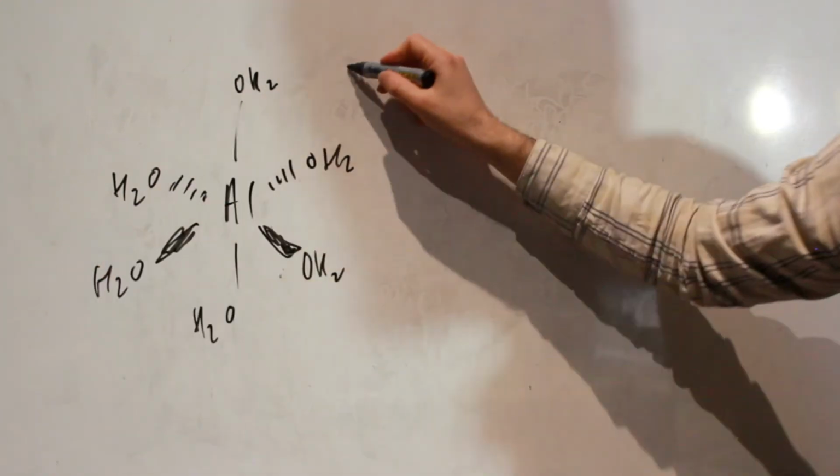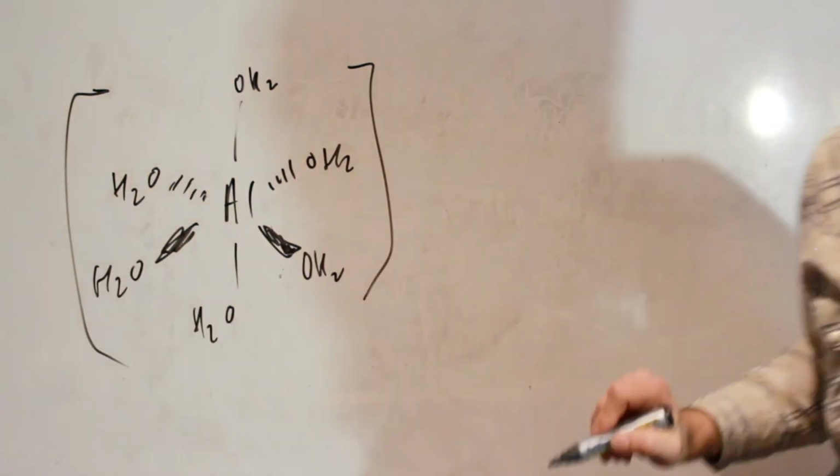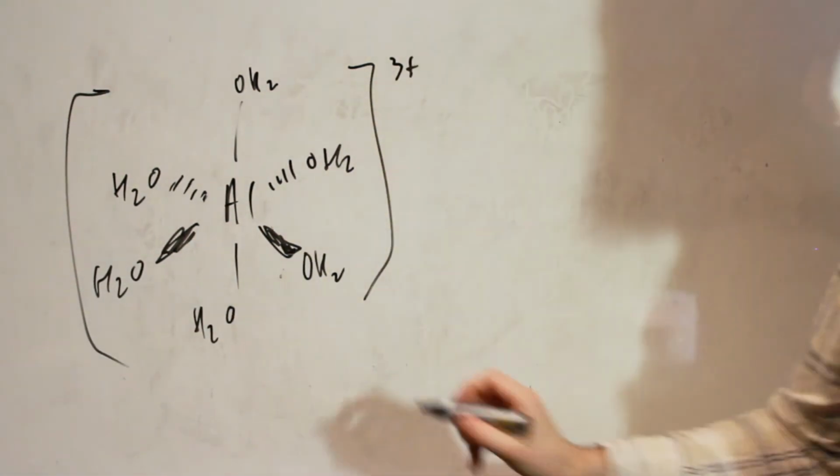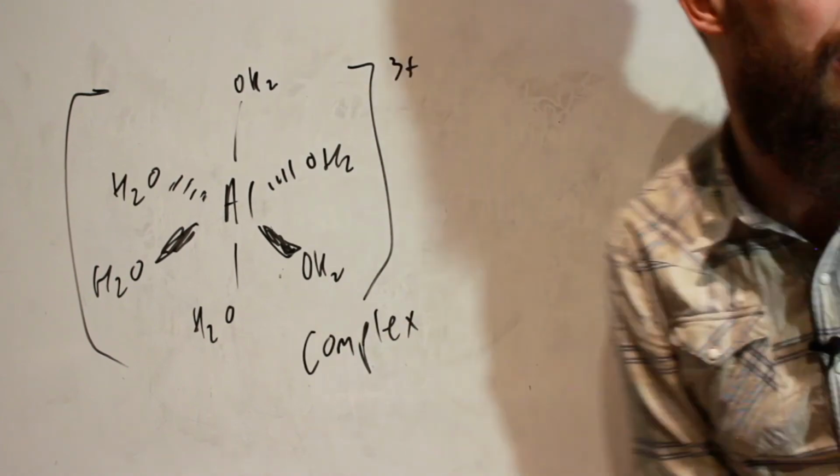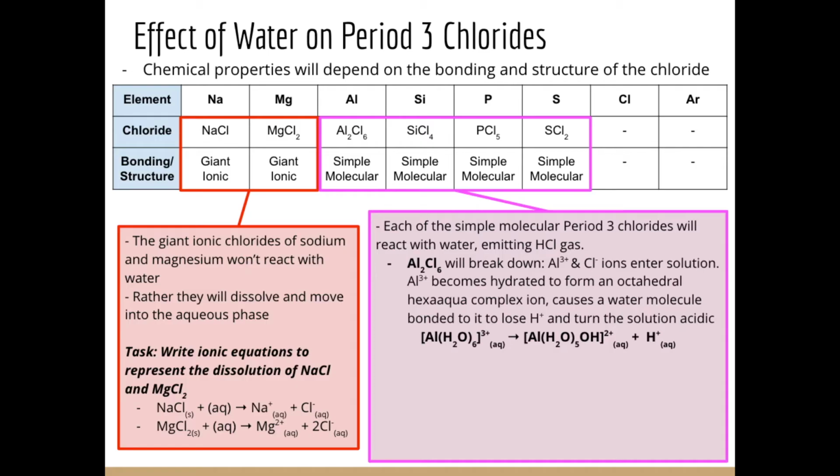So it forms this sort of species when dissolved with the 3+. It's called a complex ion, I suppose, because it's more complicated than a simple ion. But we don't need to know about that. All we need to know is that we become deprotonated, we lose an H+, and that will turn the solution acidic. H+, we now have a source of hydrogen, and that's what acid is. It's a hydrogen donator. So we can form a bond with a Cl- and emit HCl gas here, hydrochloric